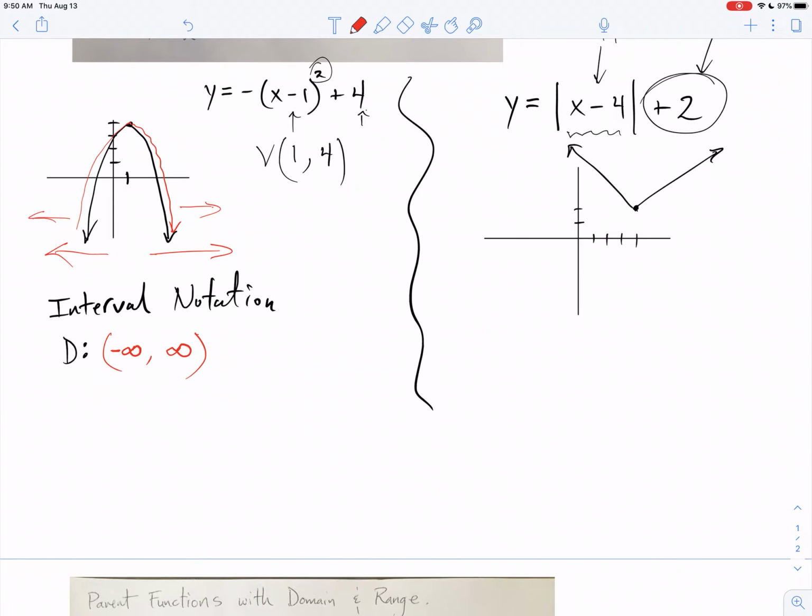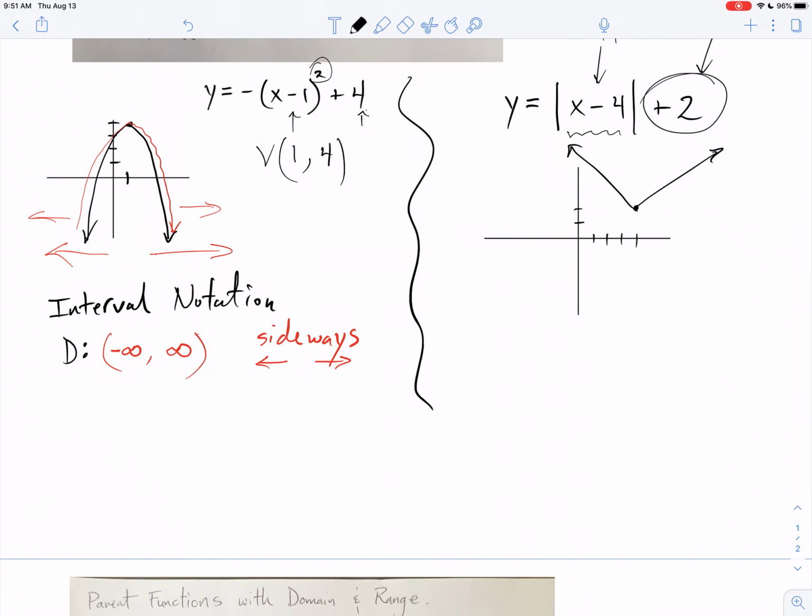So interval notation, the domain means sideways motion, sideways. It goes to the left forever, it goes to the right forever. But it's going down. Doesn't matter. Domain only cares about sideways activity, doesn't care about up or down. So let's talk about